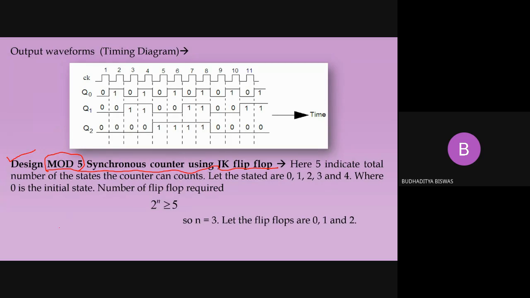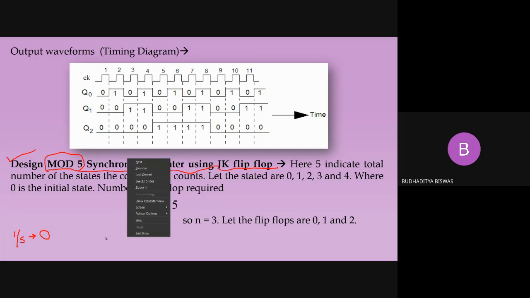That is called the initial state. What will be the initial state? That is 0, definitely. By default, conventionally 0. So the initial state, if it is not pre-specified, is always 0. If it is specified, then you have to follow that. But if it is not pre-specified, like in this question, we have to take the initial state as 0.